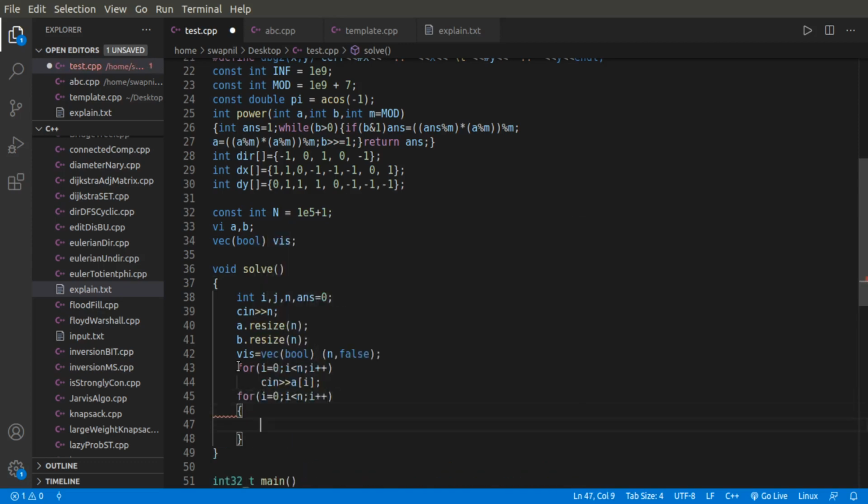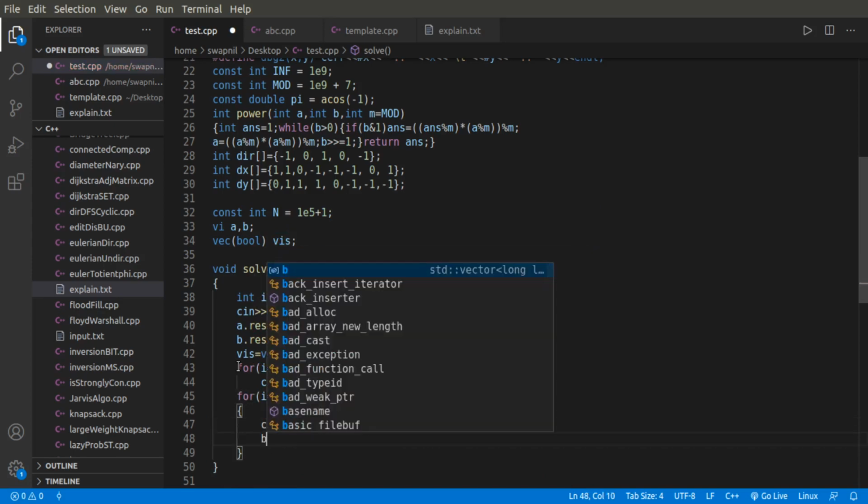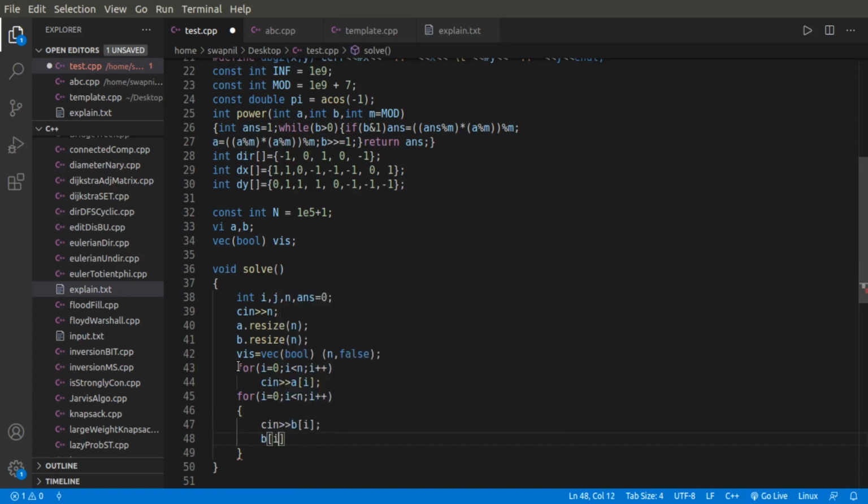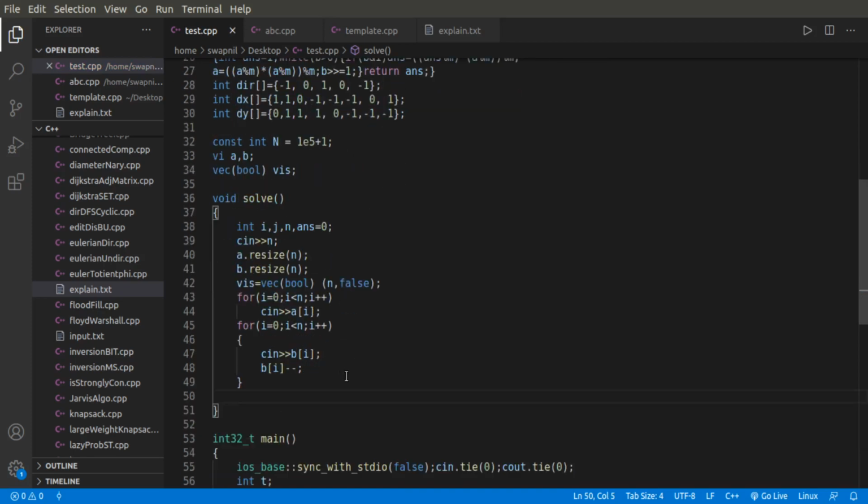Now, one thing: I'm making this bi as bi minus minus. Why am I doing so? Because bi is from 1 to n, but I want to make it zero indexing, from 0 to n minus 1, because I'm comfortable with zero indexing.